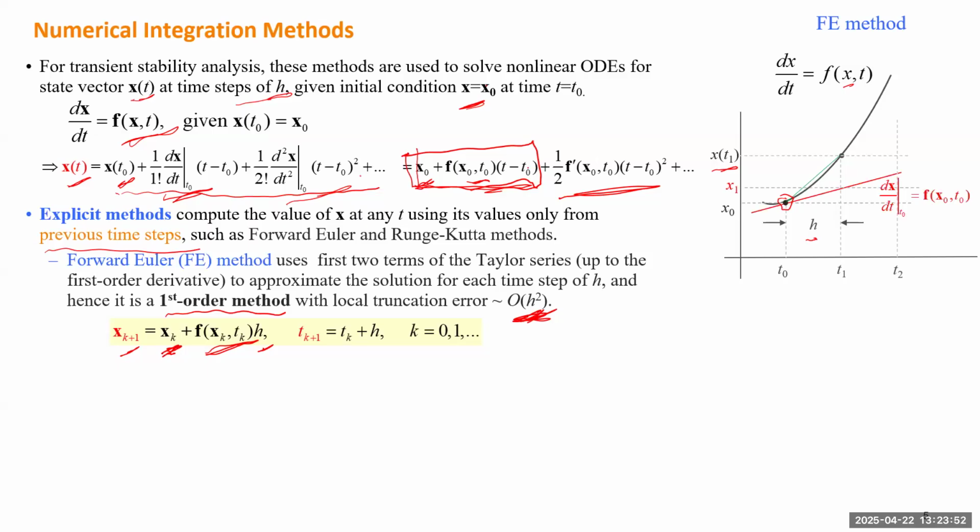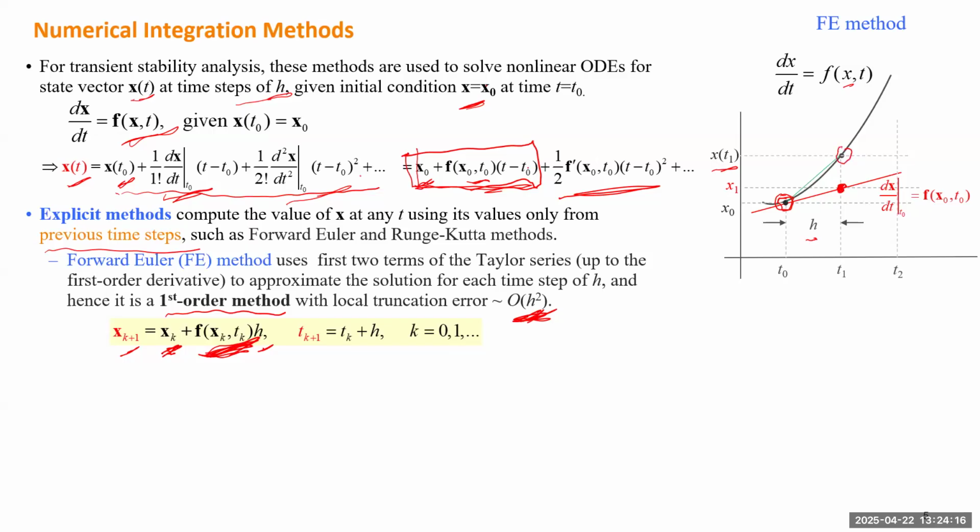For the forward Euler method, the slope is actually predicted at the beginning point. Which means we draw a tangent line just at the starting point. We draw this red line, and we use this red line to predict that green line. Okay, so at t1,